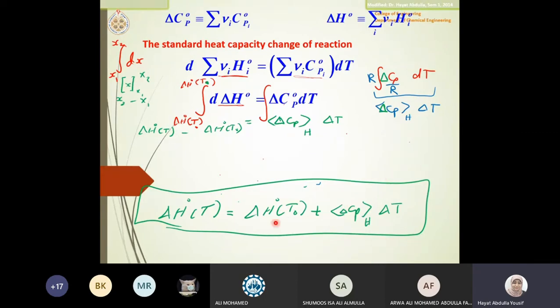What does correction mean? You correct for this value by adding another heat. What is that other heat? CPDT. But what is that CPDT? It is delta CP delta T. So the standard heat of reaction at any temperature is the standard heat of reaction at the reference temperature plus a correction term that considers what is happening as a result of changing the temperature. So that's basically the idea. And then, if delta is there, what does it mean? Each delta, guys, each delta means it is the stoichiometric number into the property.